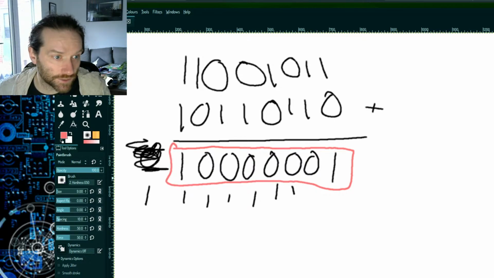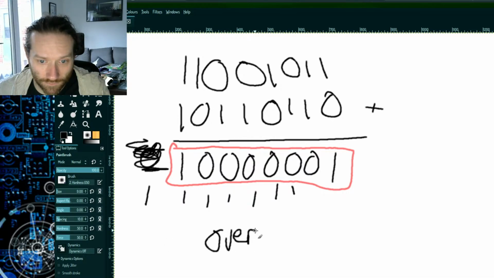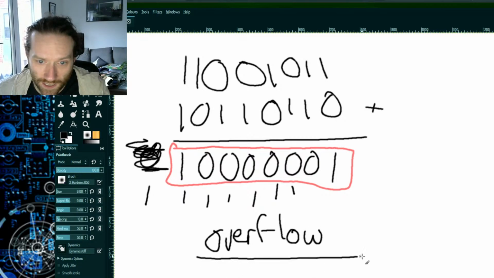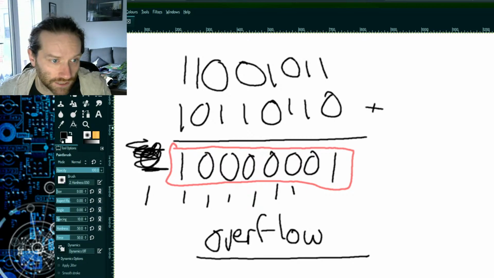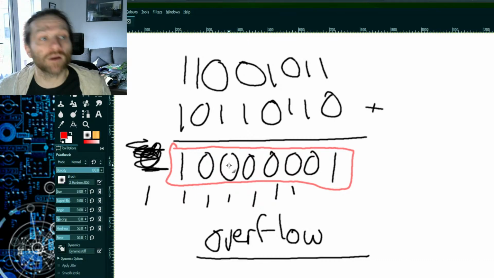You should also specify that it is an overflow. Right, it's an overflow. The way that marks are awarded for questions like this are, I'm marking in red pen here, not green pen,